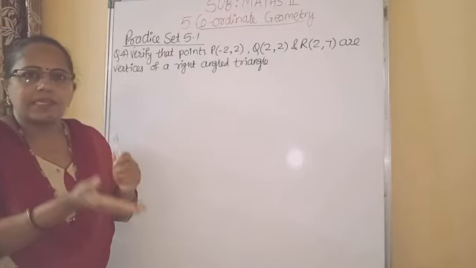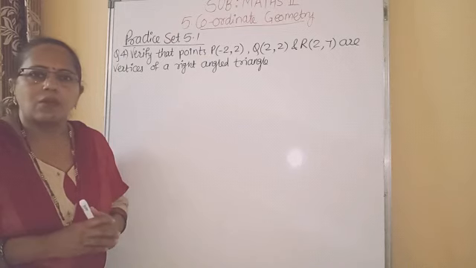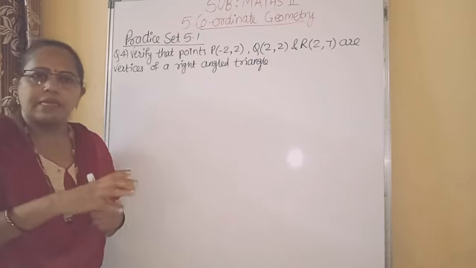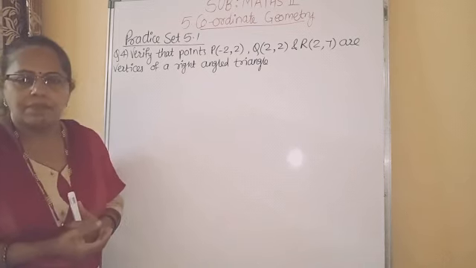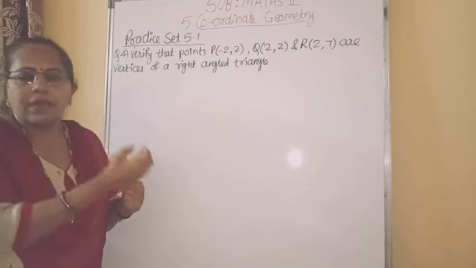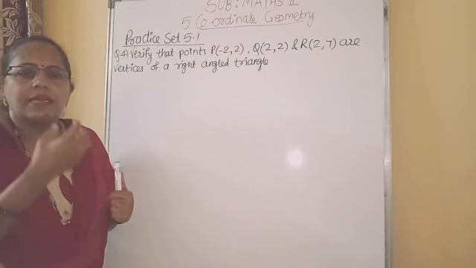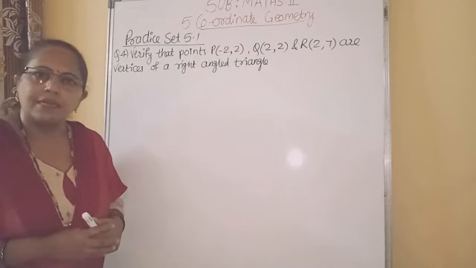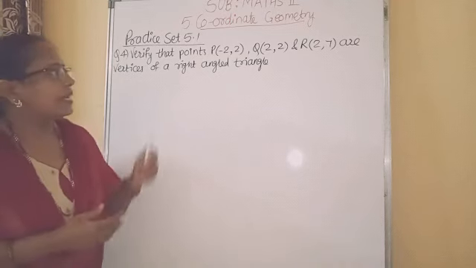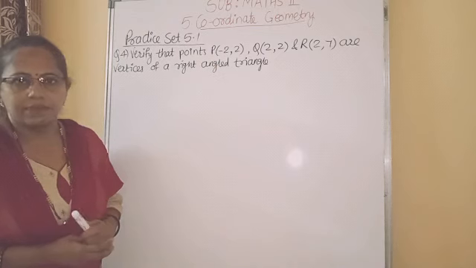So we will revise our second lesson. How did we decide whether the given triangle is a right angled triangle or not? If we know the length of all 3 sides, what we did was take the square of the bigger side and then the sum of squares of the remaining 2 sides. If the square of the bigger side is equal to the sum of squares of the remaining 2 sides, then we said yes, the given triangle is a right angled triangle. So students, we have to use that method only here. Only here, instead of the length of sides, coordinates of vertices are given.